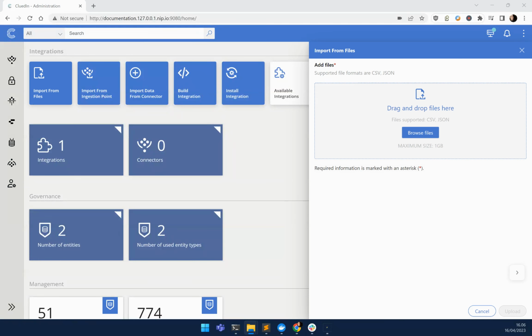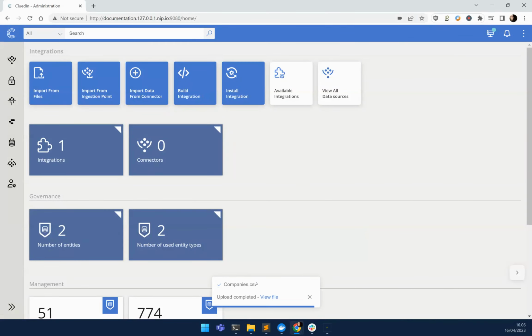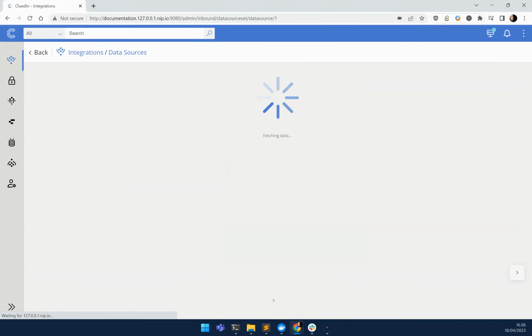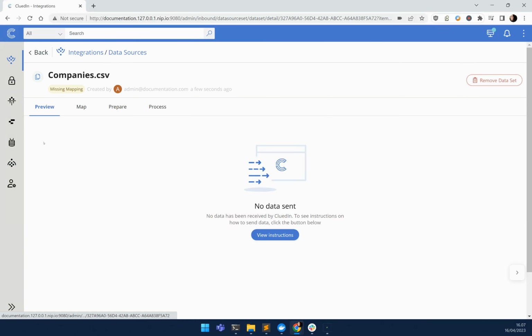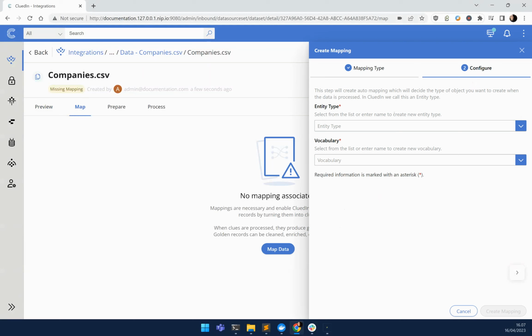So I'm going to drag and drop a particular file. Let's take a list of companies. I'm going to put it under a folder called data, and let's go look at that file. We can see we have 10 records here,